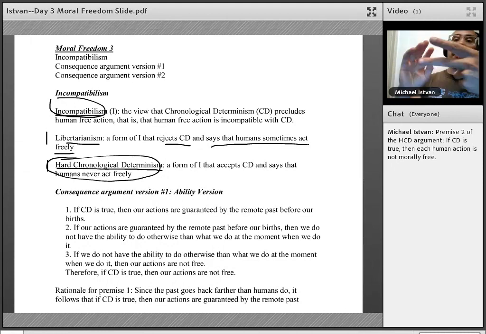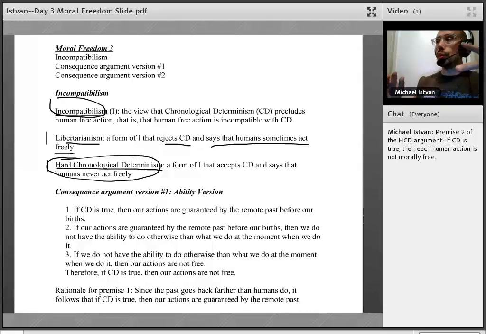In addition to that, though, today I'm going to focus on building a more robust positive case for incompatibilism. Kind of a positive case in the manner that I did on our first day on moral freedom, except the argument that I'll give you is much more involved and rigorous. Cool. Now, one of the most popular, and one of the most powerful, arguments in favor of incompatibilism is called the consequence argument.